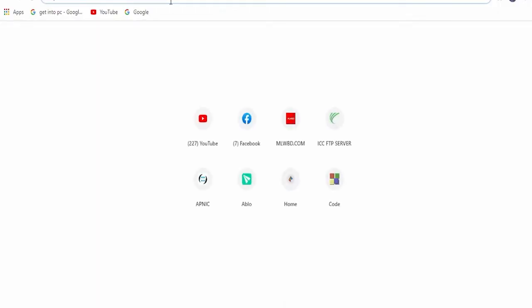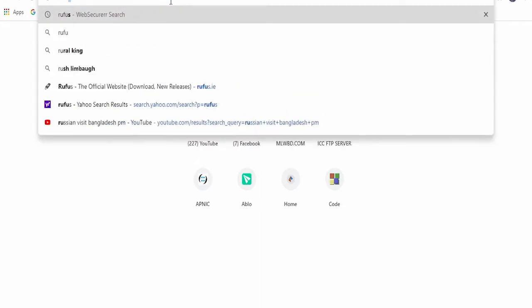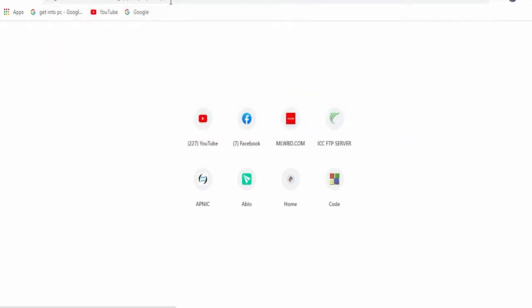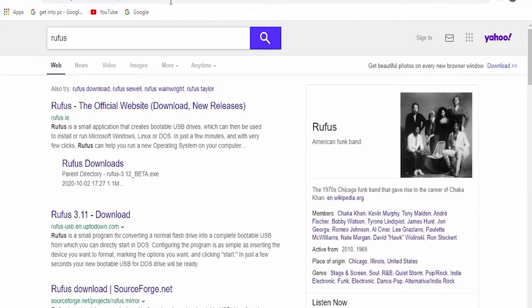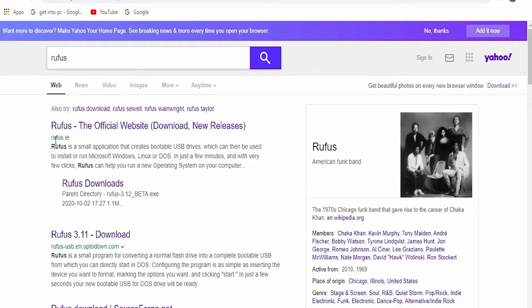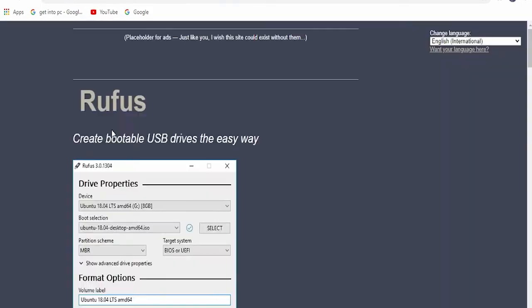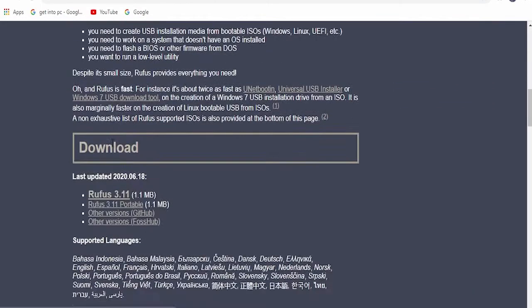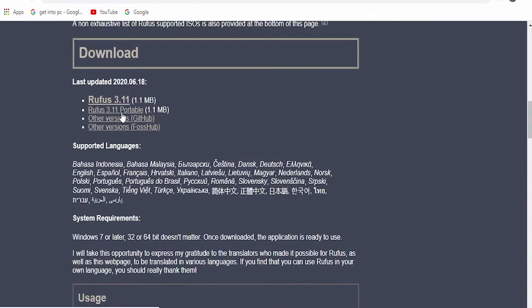Then open another tab and search Rufus. This is the Rufus official website. See the official website and click here. Then download this 1.1 MB Rufus 3.11 portable. I already downloaded it, that's why I'm not going to download it. You download it and then search